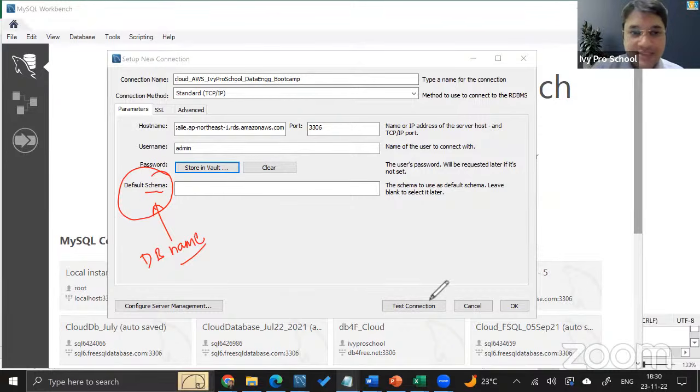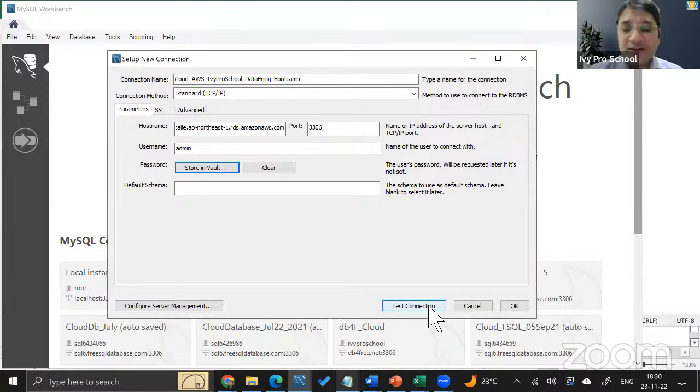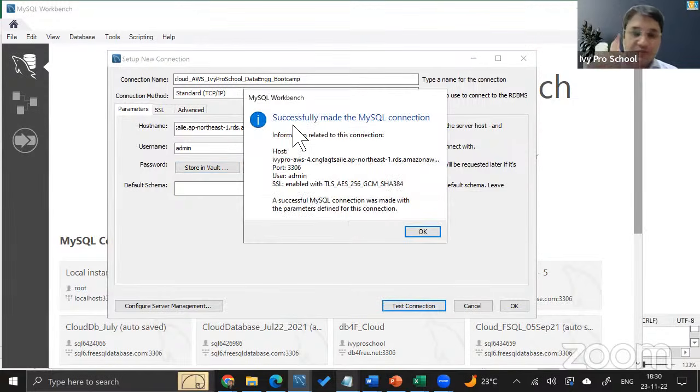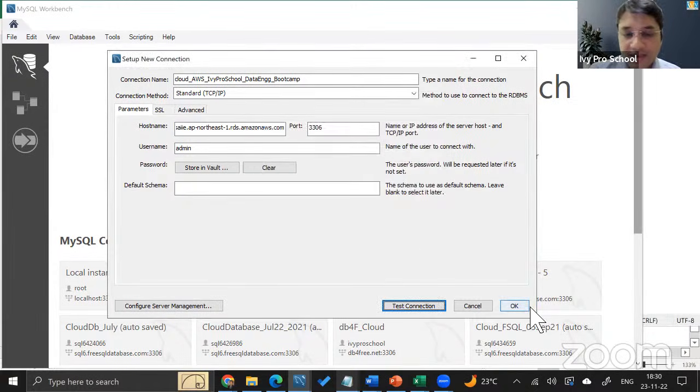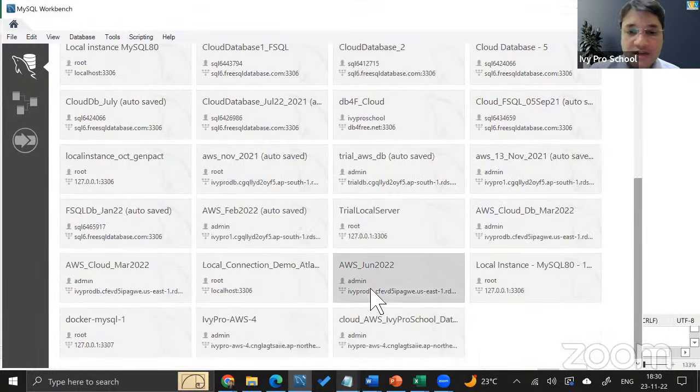Now the next thing that I want to do is click on test connection, which will make sure that my host machine is working, wherever it is, whether it is local or on the cloud, and that the login ID and the credentials are clear. So this is what it is. And then I click on OK, and it will create a connection file like this. It'll create a tile, a rectangle box like this.